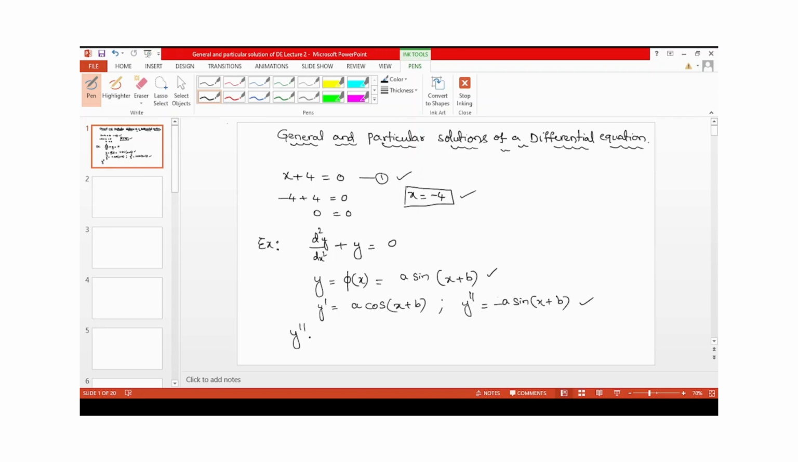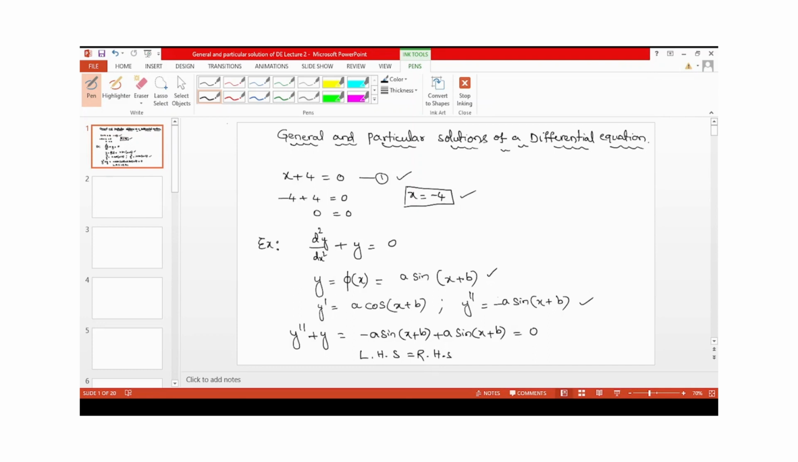So y double dash plus y is equal to minus a sine x plus b plus a sine x plus b. Both of them are the same function with opposite signs, which is equal to 0. Clearly you can see that LHS is equal to RHS. Hence, I can say that for the given differential equation, y equal to a sine x plus b will be